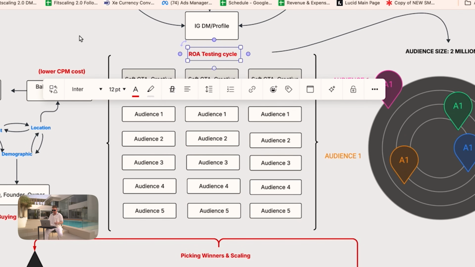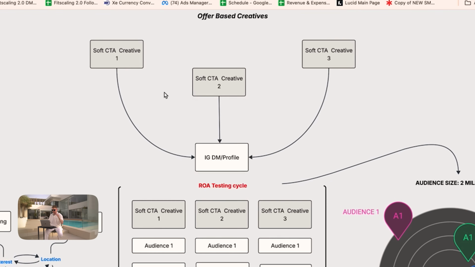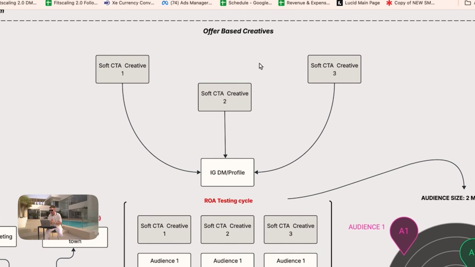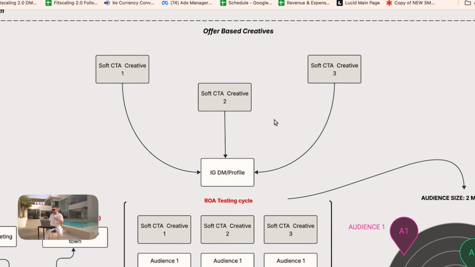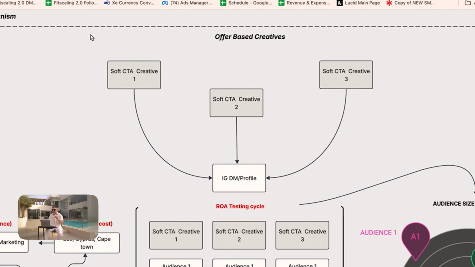So the most important thing is that whenever you're running this, and why we are running soft CTA creatives, is because the market is extremely bored about, if you're a coach, consultant, or service provider, then I'm going to help you with this type of method. Follow me and you will understand my method, right? It's super boring. So what we want to do is we want to target people who are problem aware, not people who are looking to buy, not people who are already bought in. We are looking to bring in cold audiences that are extremely qualified, which is the most important thing here, right?